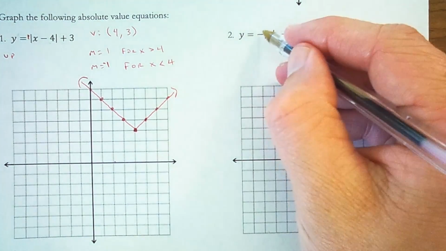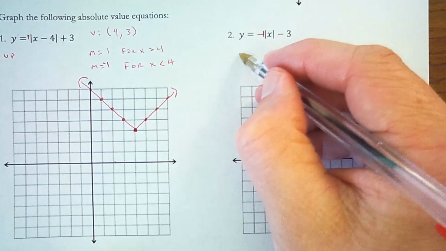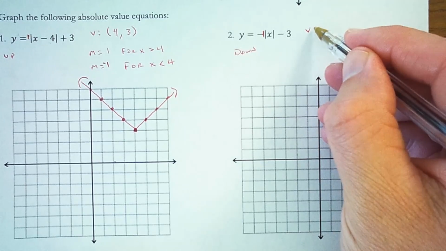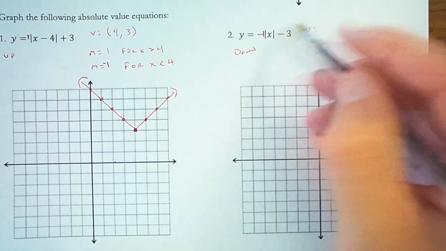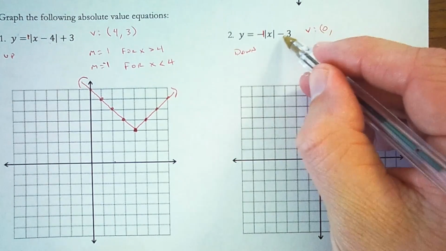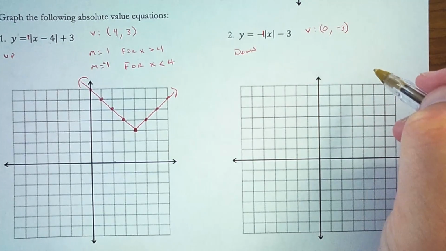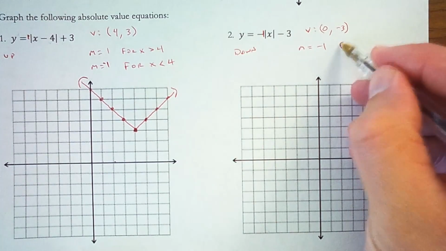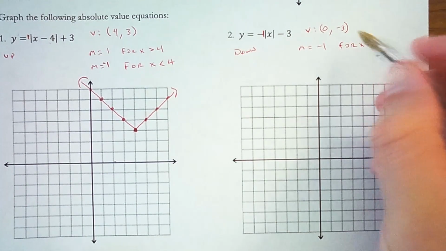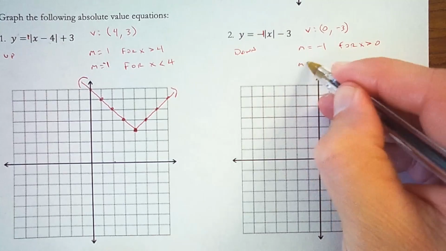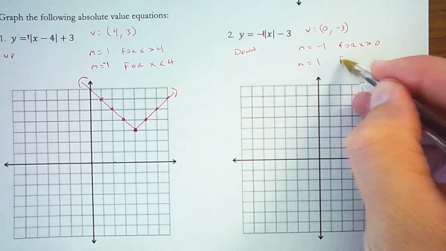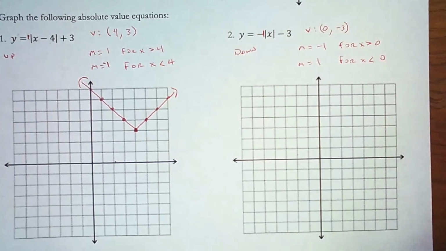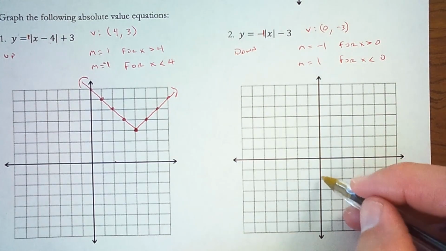Okay, here we have a negative 1 for A, which means that this one is going to open downward. The vertex, there's nothing in here for h, so the vertex is 0, and then k is negative 3. The slope is negative 1 on the right side, so for x's to the right of 0, and the slope is the opposite of that, positive 1, for x's that are to the left of or less than 0. So we have 0, negative 3,